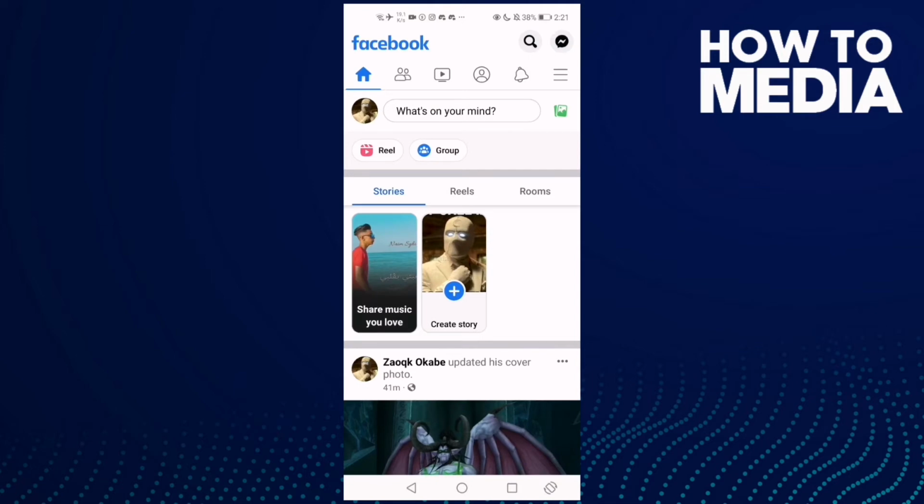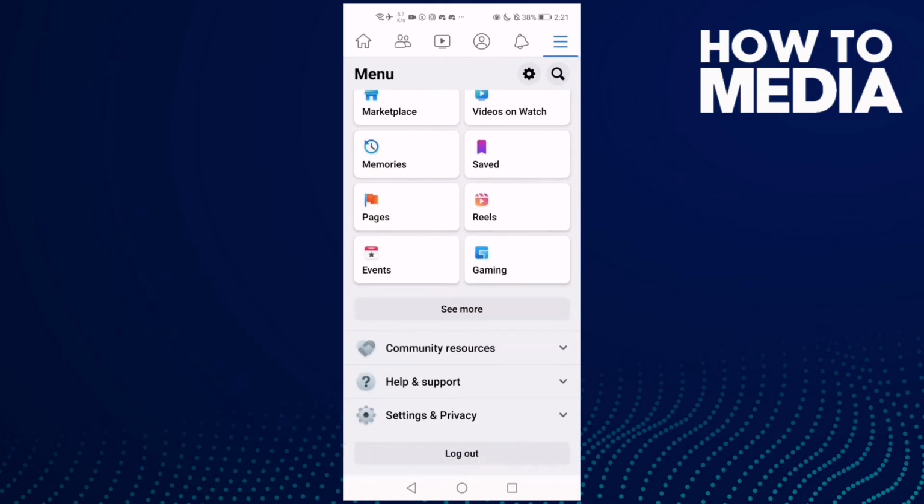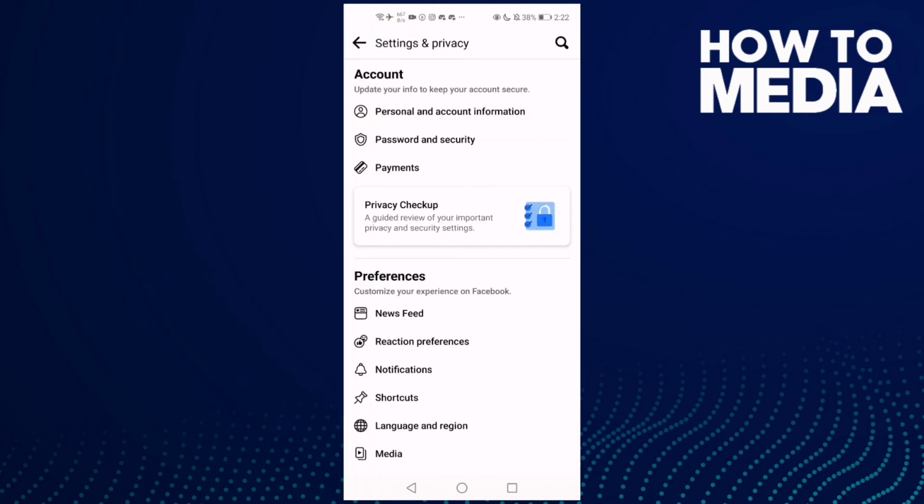and now click this three lines here, and then just go down until you find here settings and privacy, and now click this one, settings, and then click personal and account information,